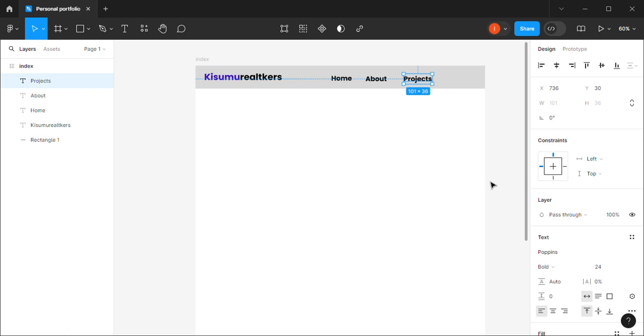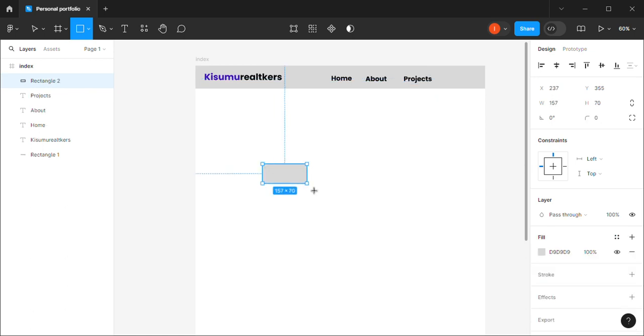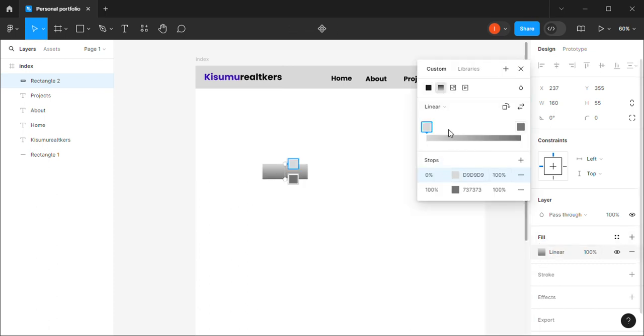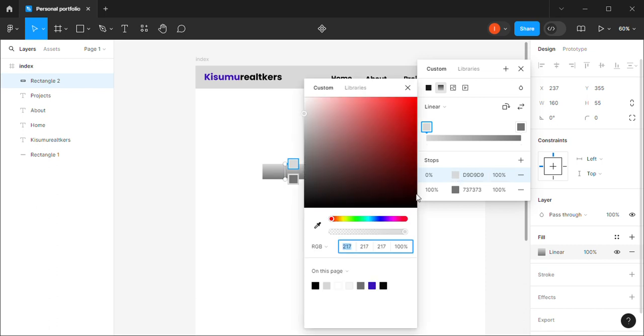Okay. So I have that Kisumu Rail Takers. So I have the logo. Then here I can also create a button. This button, rather than a fill, I'll give it a gradient. So I'll choose the color for my gradient here. So I'll be able to choose the color. So here I will be using